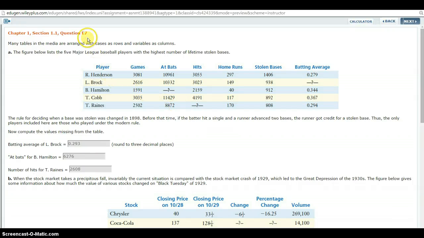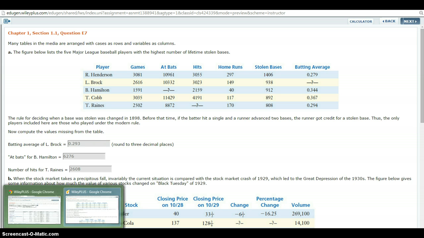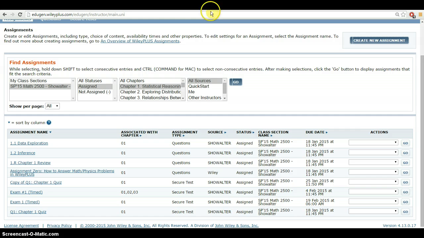Okay, for question E7 in section 1.1, we're first asked to look at some batting averages. So the question you may be wondering is, how do you calculate batting averages? As strange as it may sound for an assignment, one thing we may want to do, if you're not familiar with baseball, is just go to Google